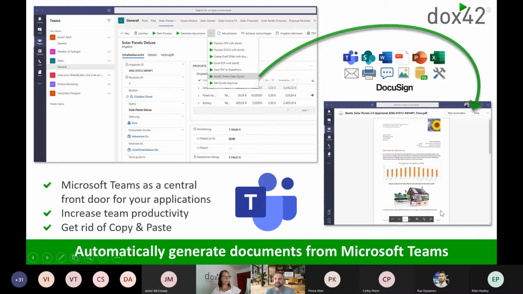Here's something you see in Teams, where in this case, this would be a quote scenario generated in Teams. And as it is then saved, for example, in the SharePoint library, you can also open it there. Or in this case, you see there is Word at the end of that PDF, which is Flow. It's just something we manually added there so that you see that it's something that's coming from Flow. But the integration is there with all of that. And you could also then, for example, send it out via DocuSign automatically.